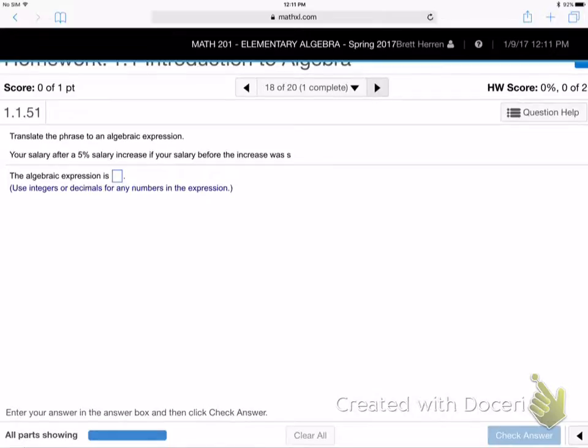Okay, so your salary after a 5% salary increase, if your salary before the increase was S, can you see that little S there? All right, so how do you increase something 5%? Yeah, like what if I said, hey, there's a $100 reward for turning in